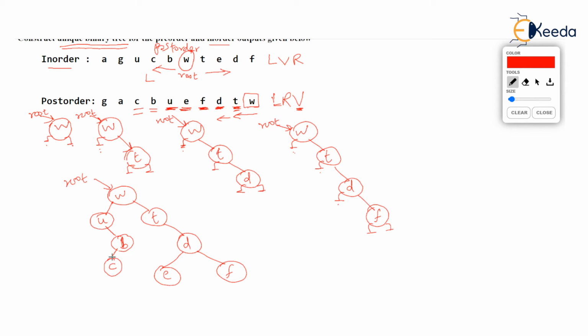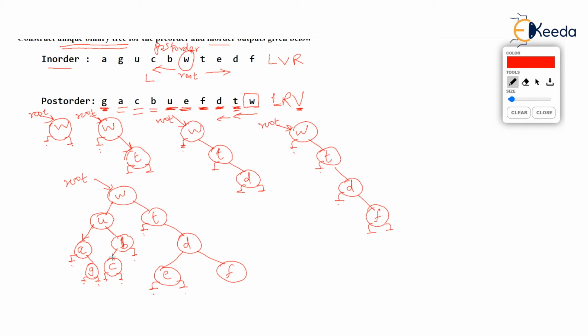Where will A get added? Well, A will get added to the left of W, which is already U, and left of U, which is vacant. So A will easily get added to the left of U. Just check this. And the first value of post order we are taking, which is G, just check it on your own. G will be added to the right of A. I'm not going through the entire explanation, left of this, right of this, and all that. So this is the binary tree that we have got.